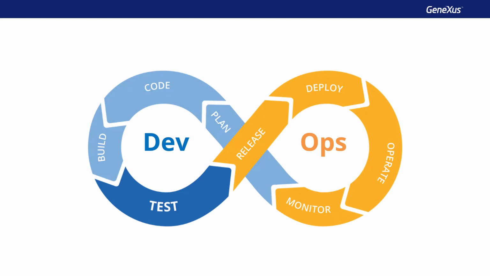DevOps comprises a group of agile practices that combines software development, dev, with information technology operations, ops, in order to shorten the lifecycle of system development while offering software in a continued manner. The development cycle, dev, includes the application's design, development, coding, building, and testing, and the ops, operation, includes its release, production cutover, operation, and monitoring.